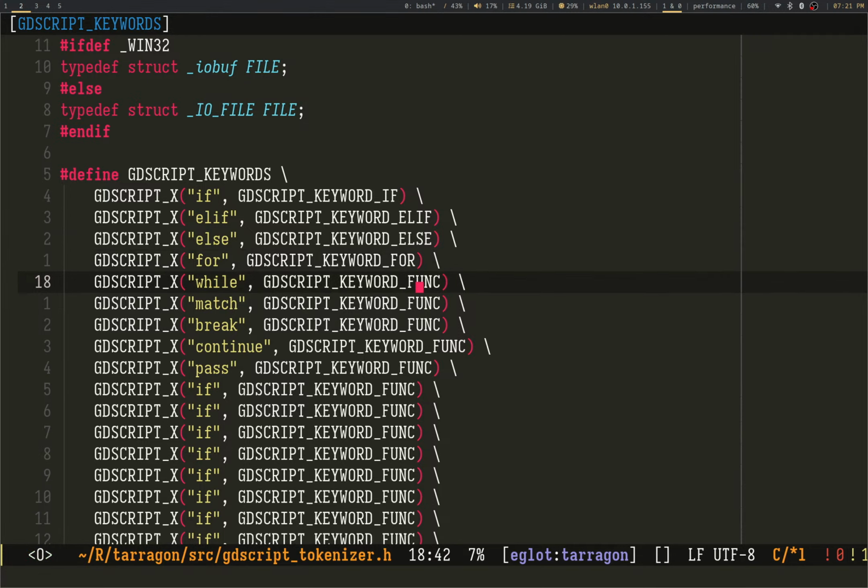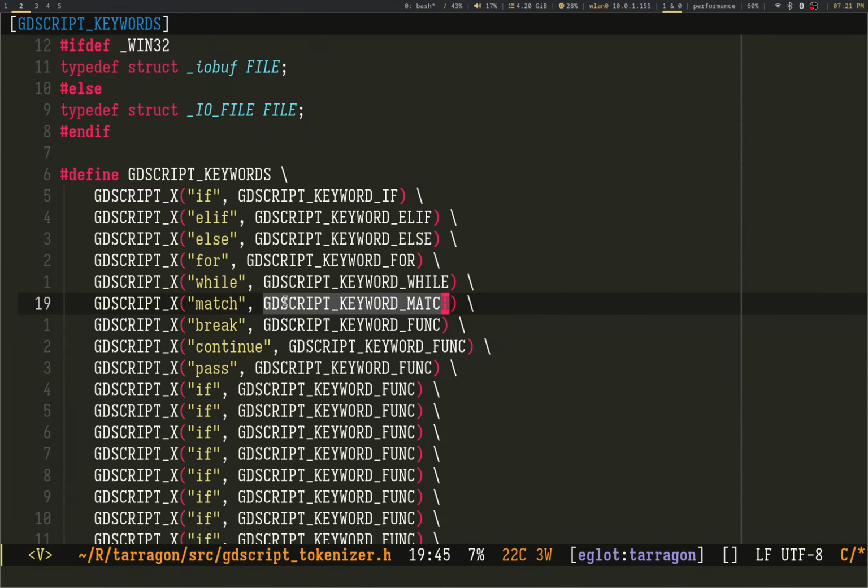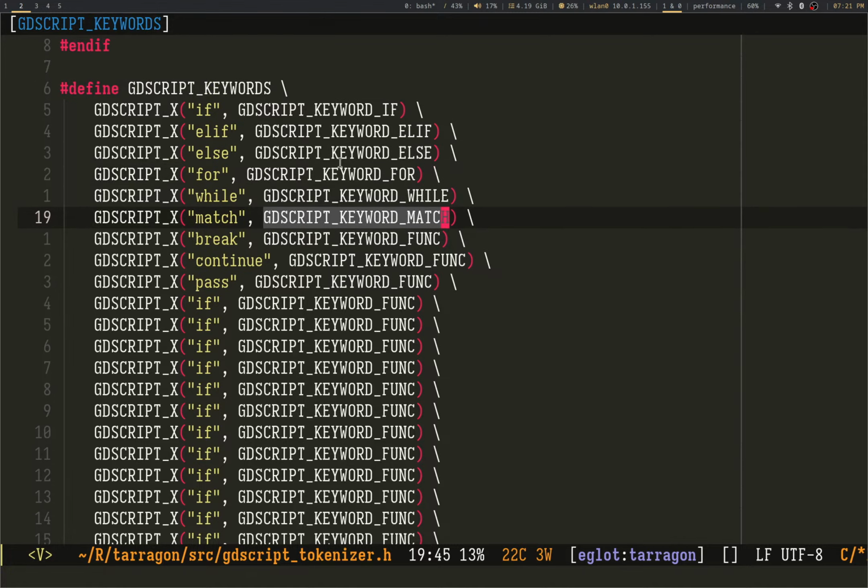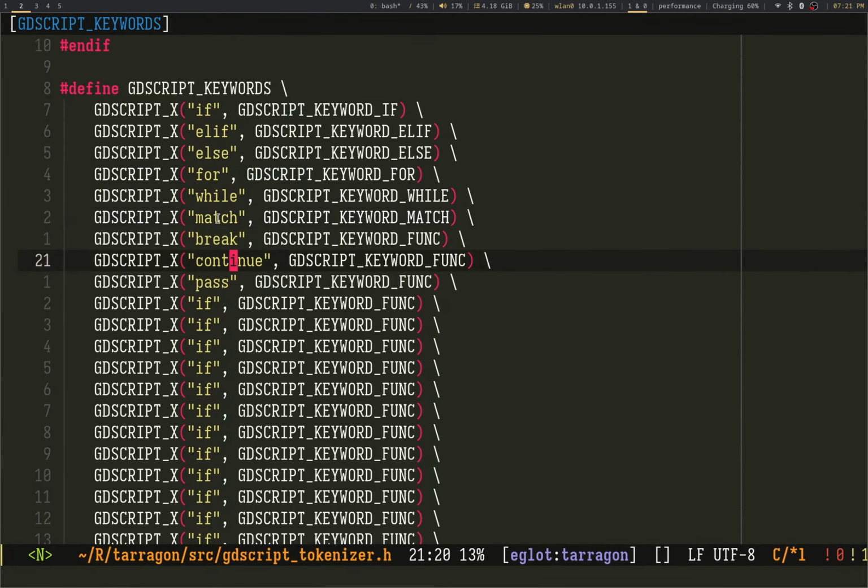So the plan here is I'm doing it like this because I'm going to reuse this macro multiple times. One time when I create the enumerator, I'm going to use the second value of GDScript X. And then when I actually use the tokenizer, when I'm identifying what keyword it is, I'm going to use the string value.